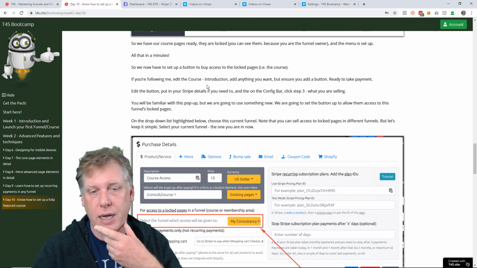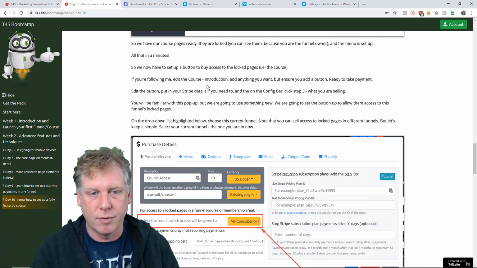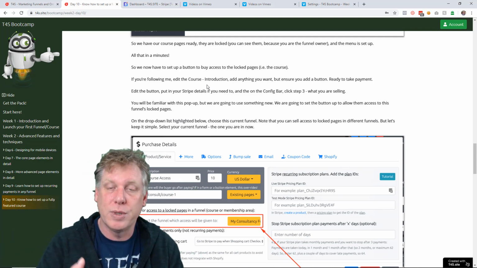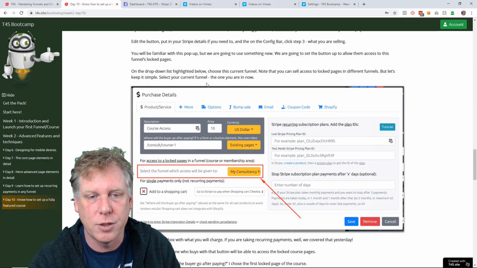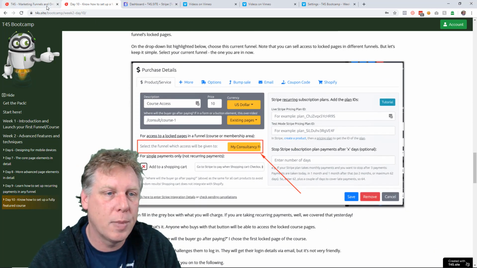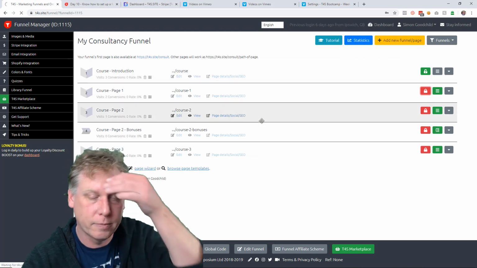Okay, so very quickly I've got a course structure laid out. I can copy and paste the content into that, and I've got my course set up and running. What I need to do is sell them access to it, and we do that through a button on the sales page. So let's just go back. I'm going to do what is showing on the page here. We're going to go to our introduction page and edit,